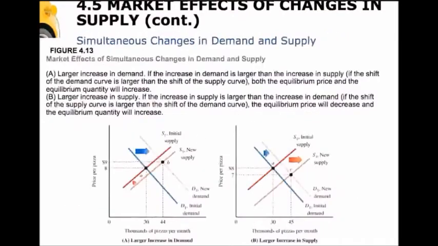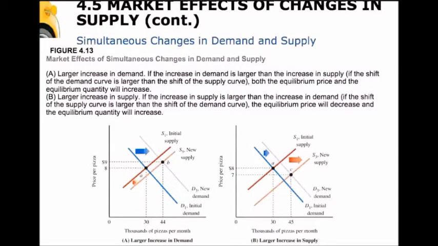Now here's an interesting twist. Suppose we have both demand and supply changing. Well, let's look at simultaneous increases in demand and supply. Let's look over here first in panel A, where we start out at demand curve D1 and supply curve S1. That gives us equilibrium at point A, with a price of $8 and a quantity of 30,000 pizzas per month. If the demand curve increases or shifts to the right, and supply increases or shifts to the right,